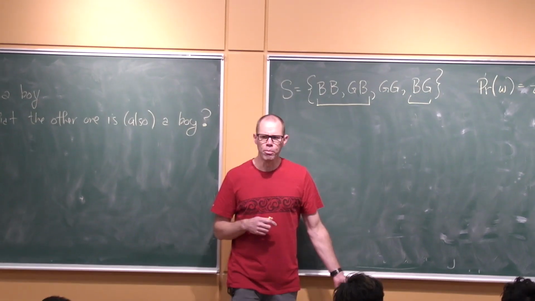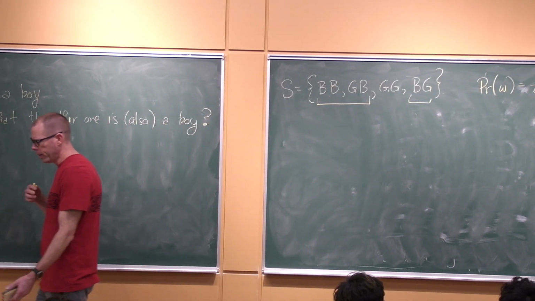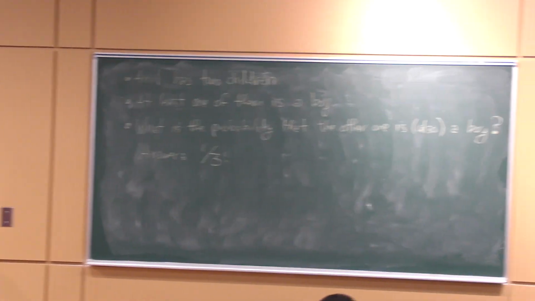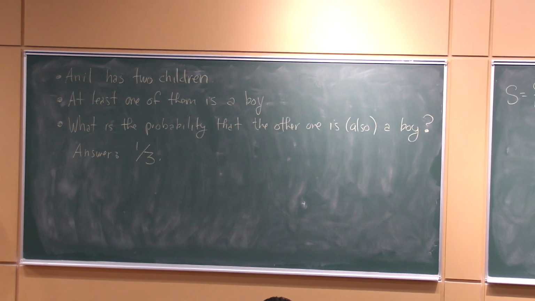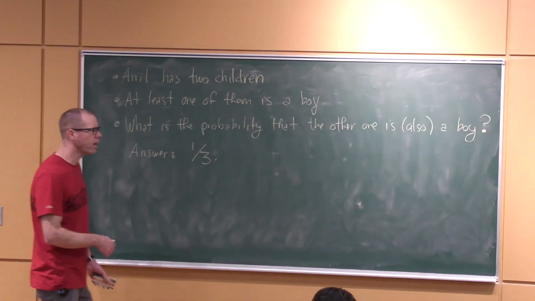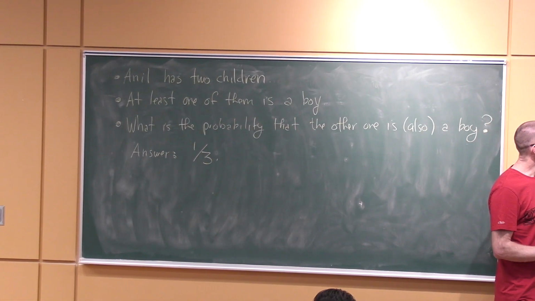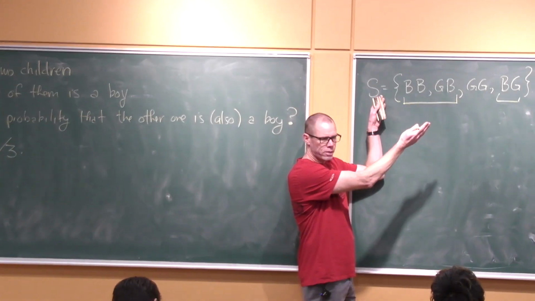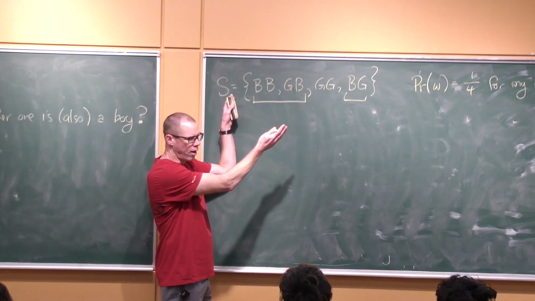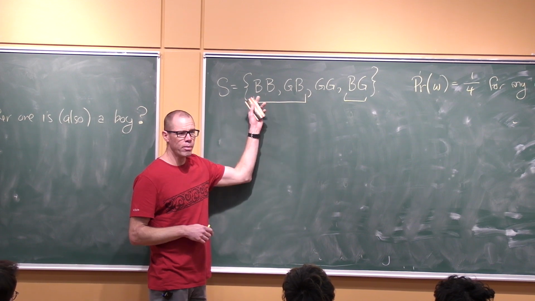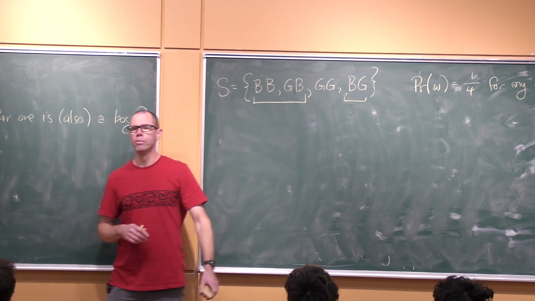I mean, a lot of people would think at the beginning, okay, well, the sex of one child does not affect the sex of the other child, but that's not really what the question is saying. The question is saying at least one of them is a boy. That restricts the list of possibilities. They're still all equally likely. And in this case, there's only 3 of them, and only one of them has them both being boys.